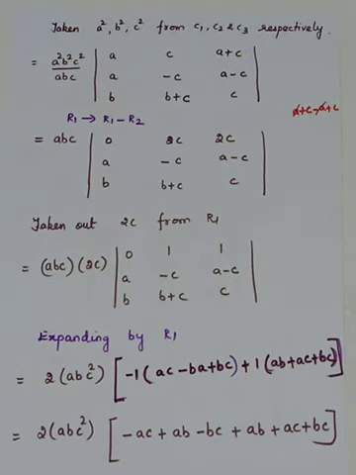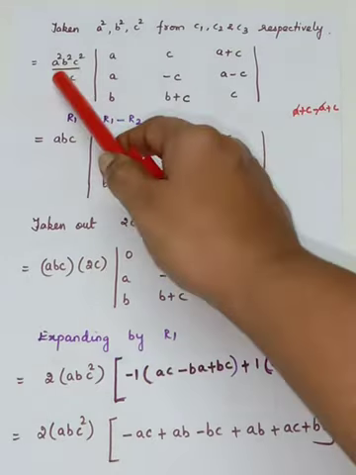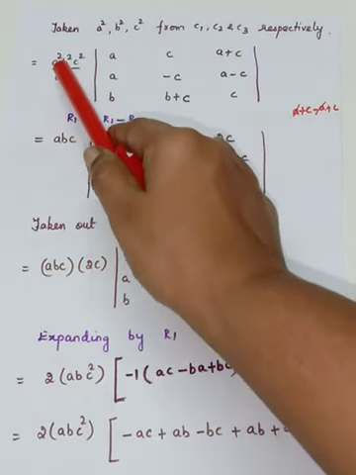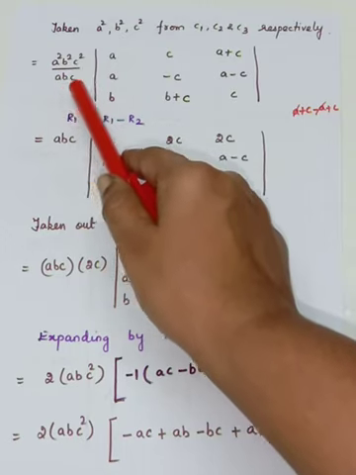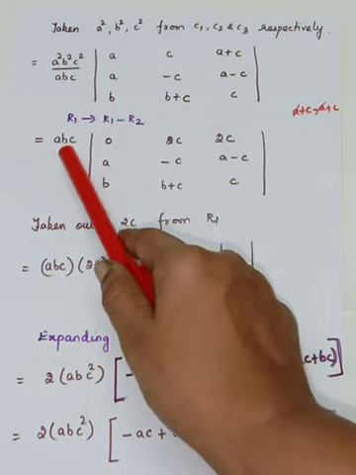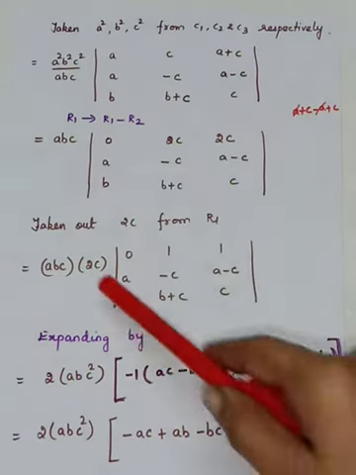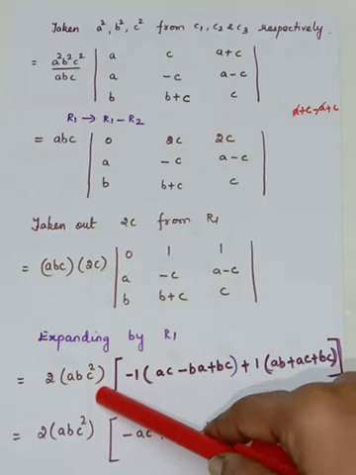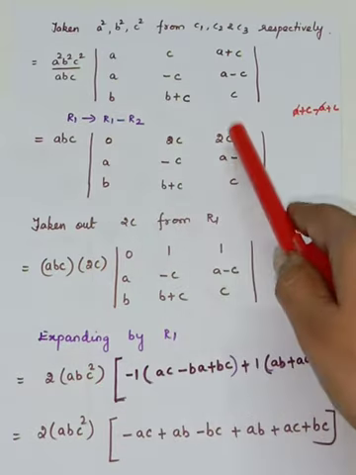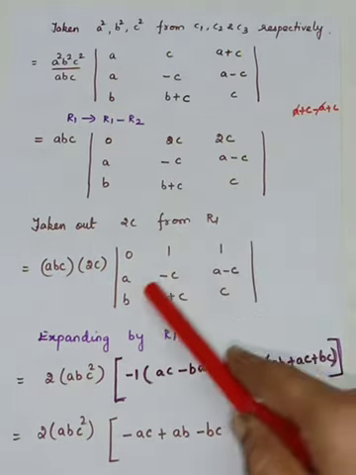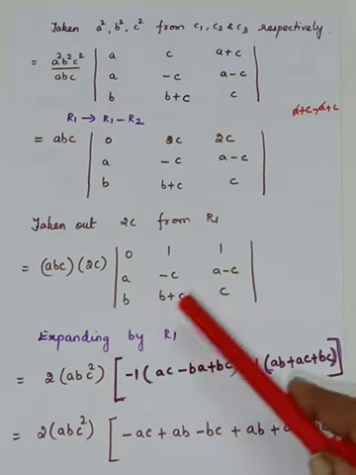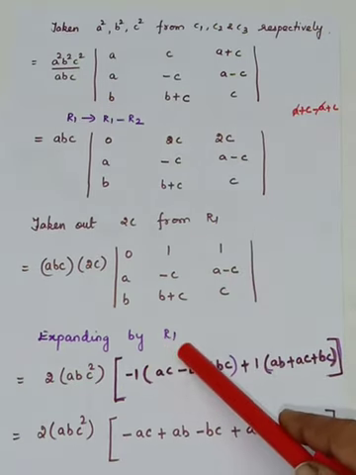And you see the R1, the entries 0, 2C, 2C. So from that you can take 2C out. Already, if you cancel A squared, B squared, C squared by ABC, you will have ABC. And from R1, you have to take out 2C. So you will have 2ABC squared, I have written. So what is remaining in R1? 0, 1, 1. The remaining elements you have to write as they are. So you are going to expand by R1.